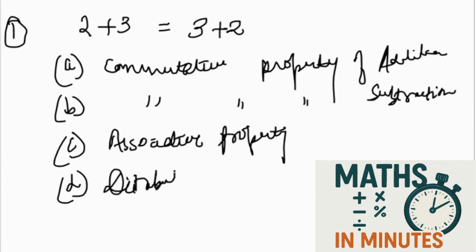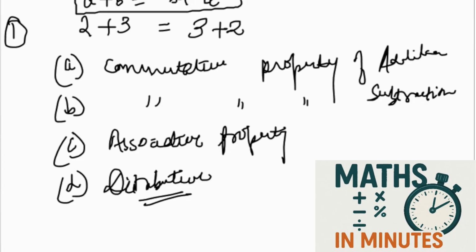So what will be the answer? You can see it is A plus B equals B plus A. So no doubt it is commutative property of addition. If it was A into B is equal to B into A, then it will be commutative property of multiplication, right? Yeah. Next, let's say the question is,